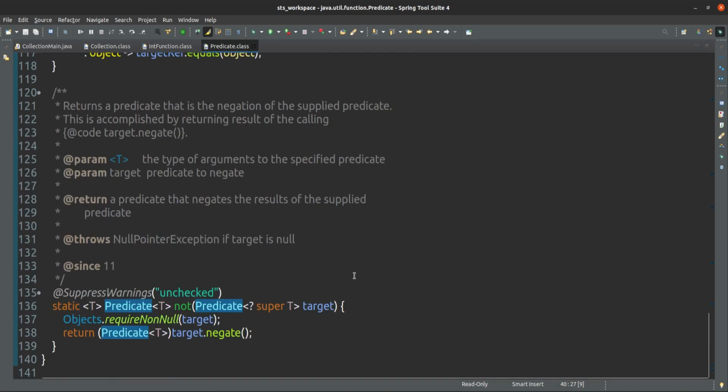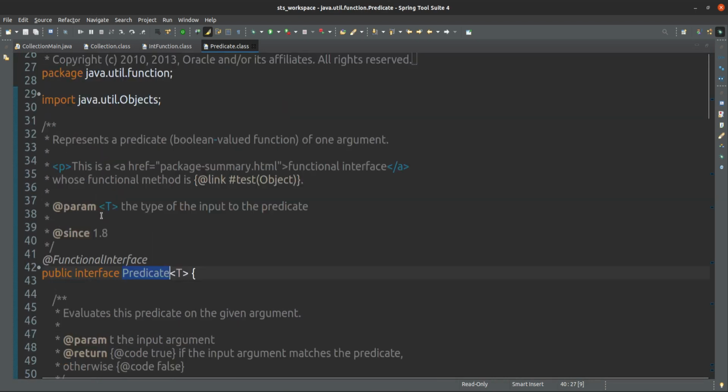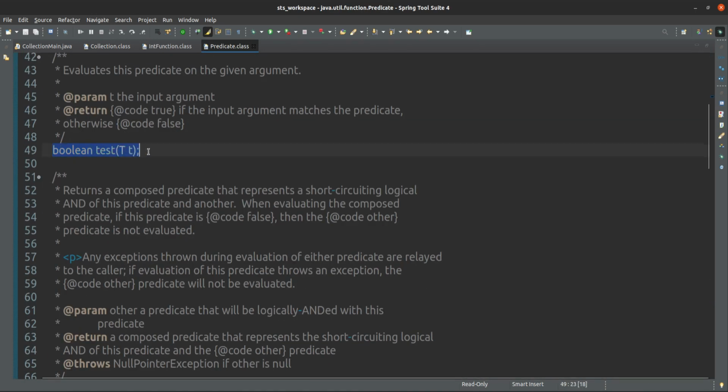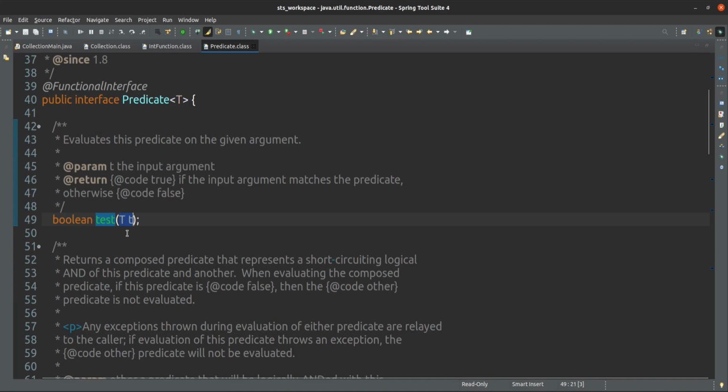Many other methods are there, but it is a functional interface because only one abstract method is there, that is test, and this test is checking whether this element we have to accept or not.